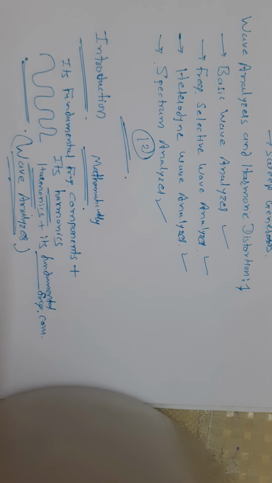So this is your short question. What is wave analyzer? The answer is, it is often desired to measure the amplitude of each harmonic or fundamental individually, and this can be performed by the instrument which is known as a wave analyzer. This is the simplest form of analysis in the frequency domain, and it can be performed with a set of tuned filters and a voltmeter. Wave analyzers are also referred to as frequency selective wave voltmeters.